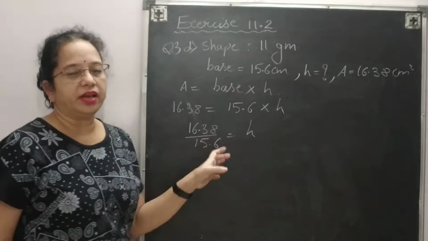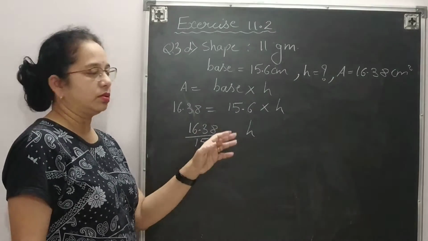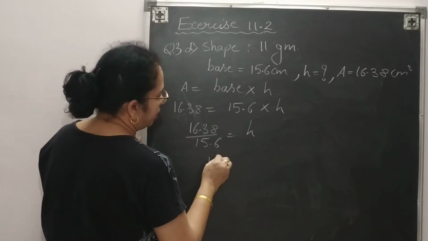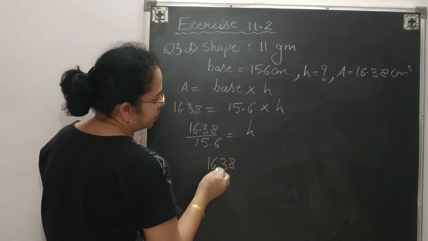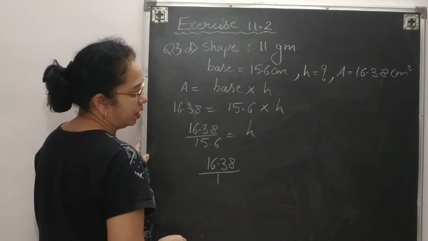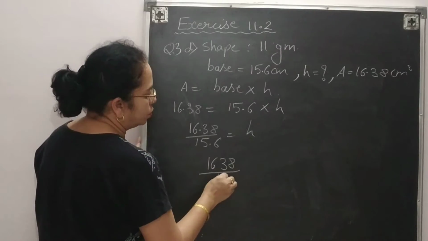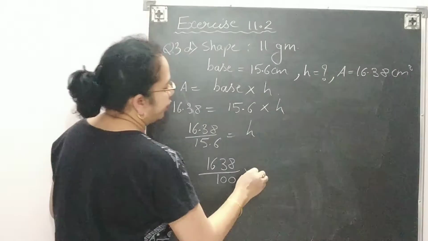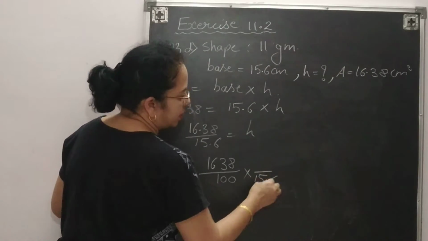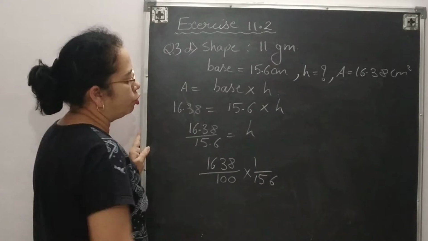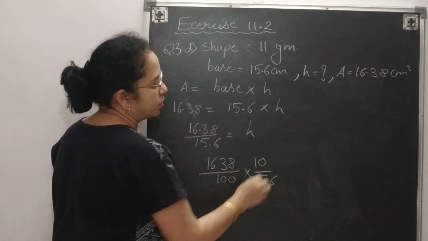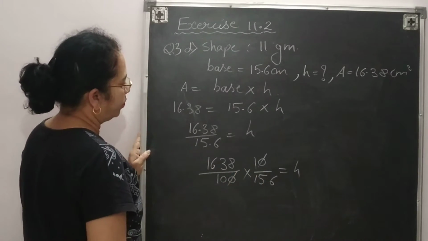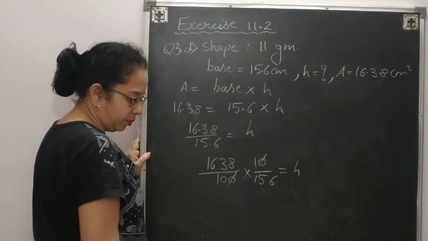If anyone is having any doubt in earlier sum, please observe here. 16.38, how can we write down 16? Actually this point we will write down 1 in denominator, and after decimal 2 digits are there, so 2 zeros will come in denominator. Now 15.6, so for this point I will write 1 in numerator, and after decimal 1 digit is there, so only 1 zero will come. Now cut 1 1 0. Okay, now cut the numbers.